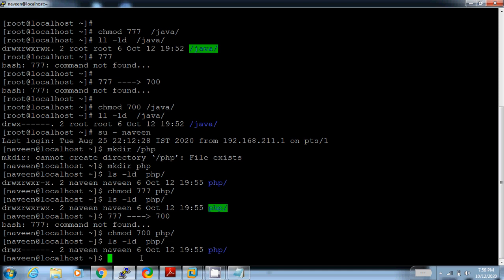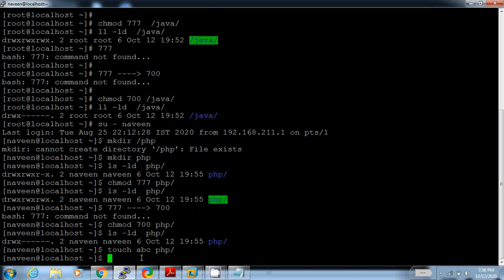Now I create a file abc in folder php. Now check the permission of file. ls -ld php abc.